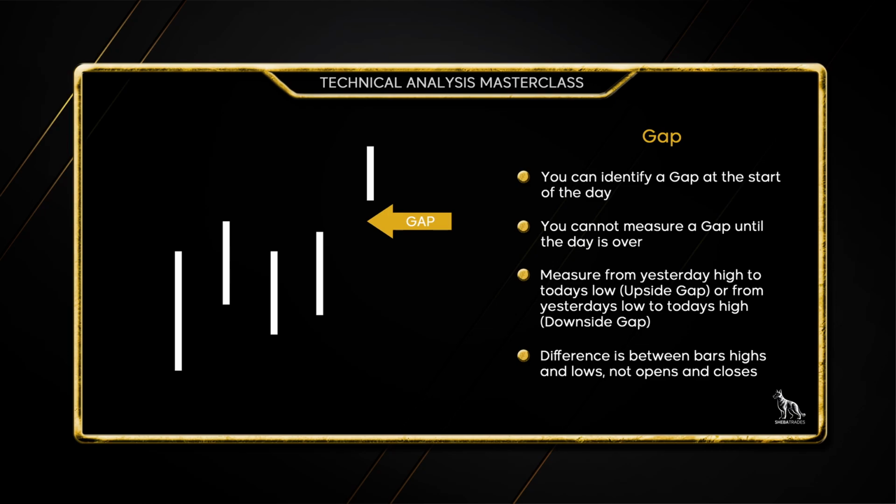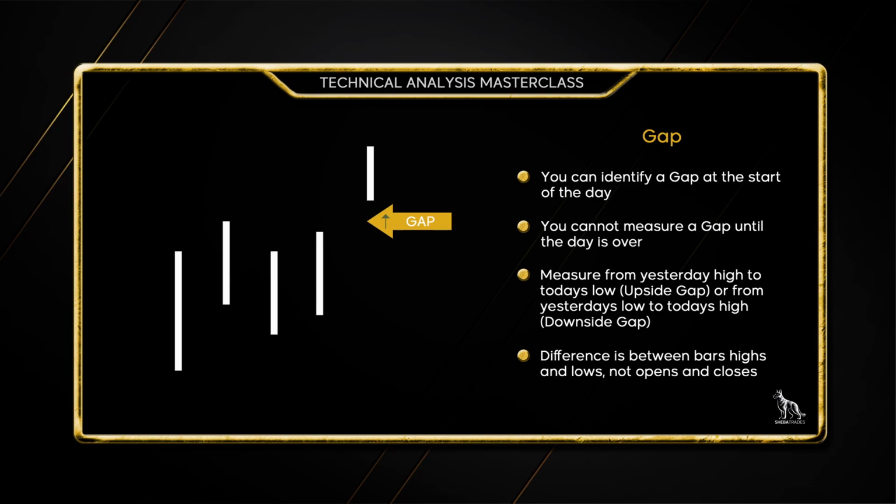There's space or air between yesterday's high and today's low, or from yesterday's low to today's high, where there would be a downside gap. So there's upside gaps and then downside gaps. So if you were to look at this example here on the right, what would you think that is? Is that an upside gap, or would that be a downside gap? And it looks like it's going upward, so if you guessed that, you're right. Yesterday's high does not overlap today's low. So there's a gap in between the two.